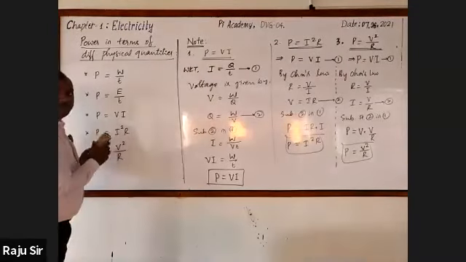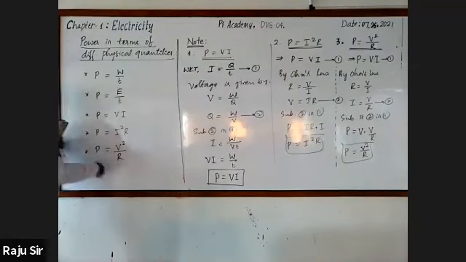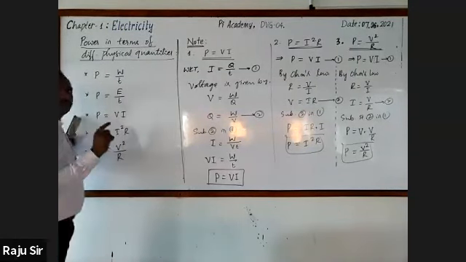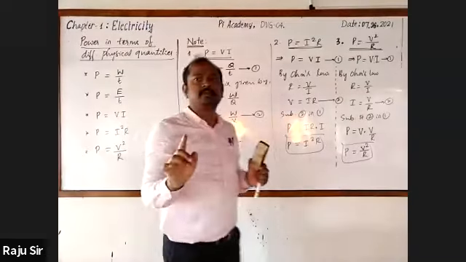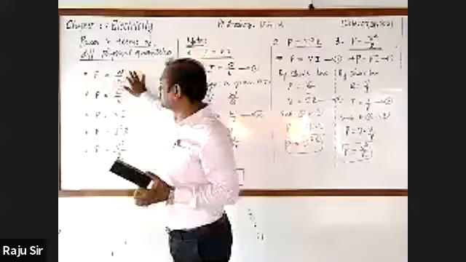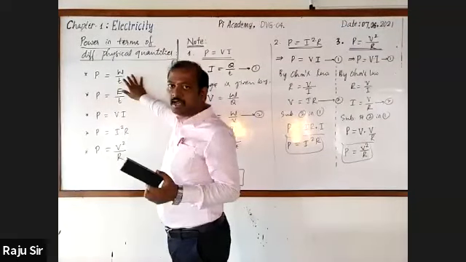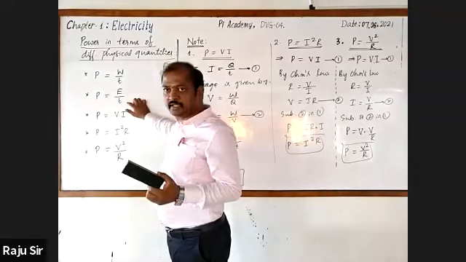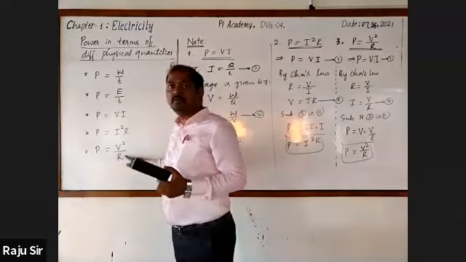Now let me go for rubbing this part. But before that, please, once you recall these formulas, they are important. These formulas will be used to solve some problems just for 1 mark. P is equal to W by T. It is very rare to ask, but we can say that no problem will be asked on this. P by T is important. Then P is I square into R, V square by R.